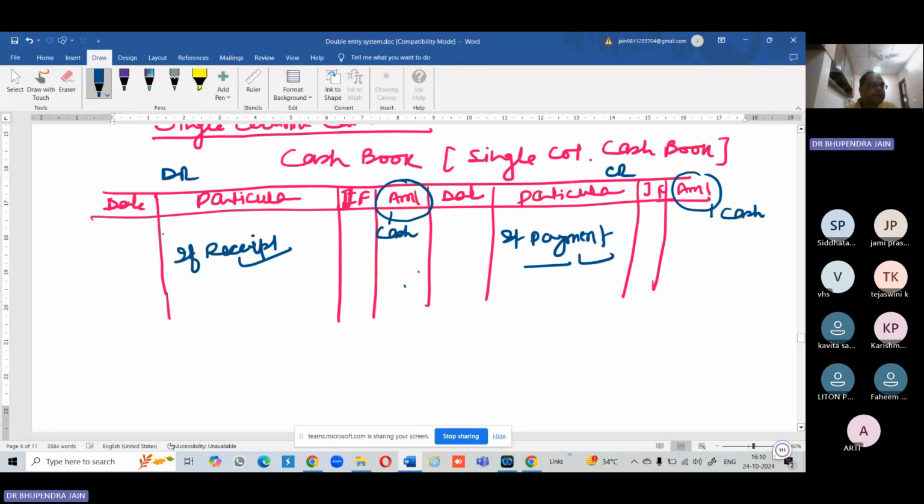Receipts in debit and payment in credit. This is the specimen of single column cash book. The rest of the method to prepare the cash book is the same as preparing the ledger, because the ledger, cash book, purchase book or the sales book are all the same. Next is